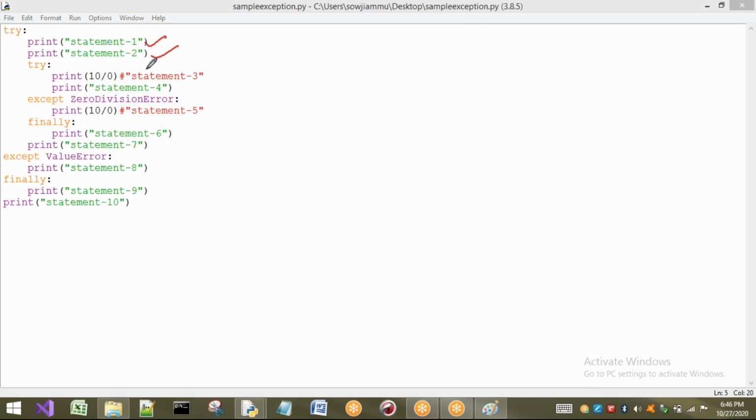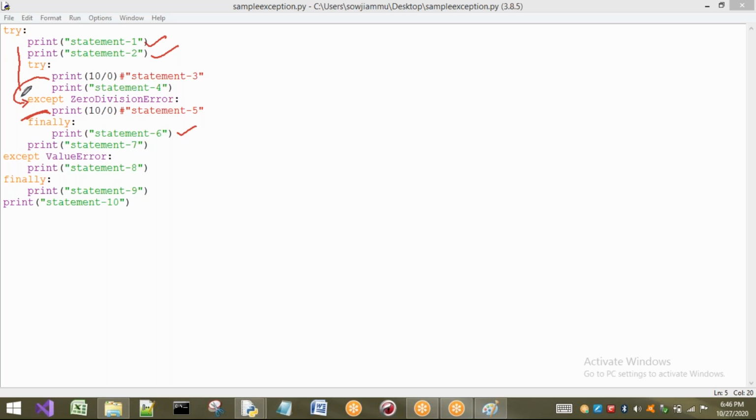Next, in this case, what happens? There is an exception. So we will come out of this try block and check for a corresponding except block. There is a corresponding except block. So here also, what happens? Once again, there is an exception here. Which type of exception is going to be raised here? 10 by 0, which is nothing but a ZeroDivisionError. Observe that here there is an exception anyway. Before that, we are going to execute statement 6 also.